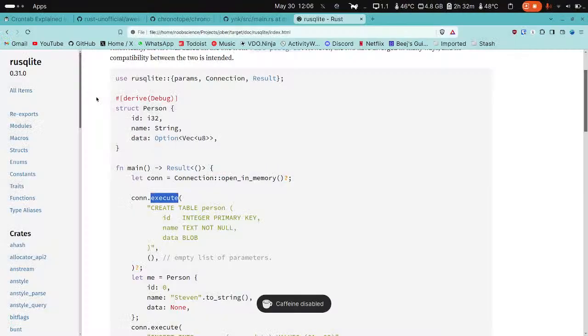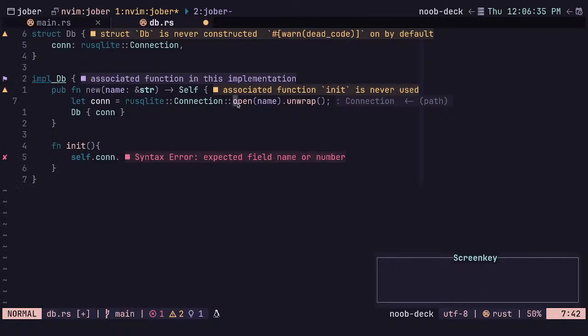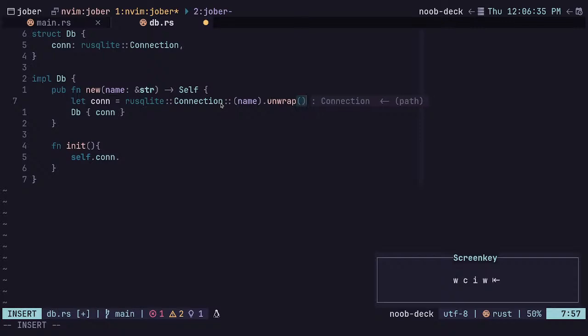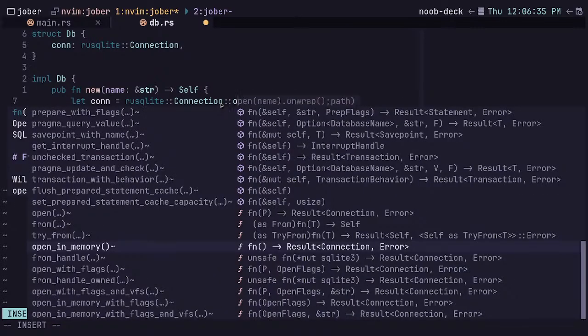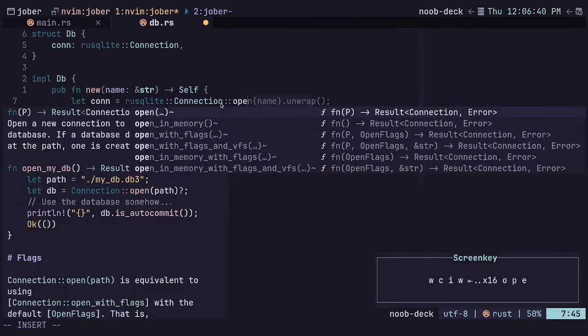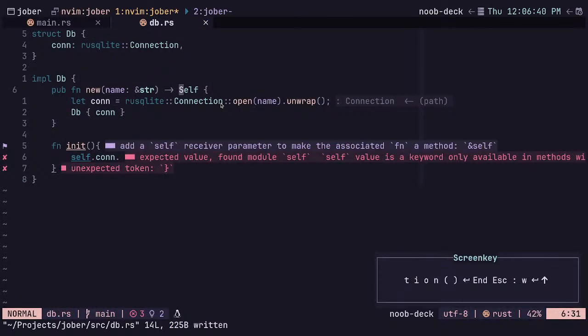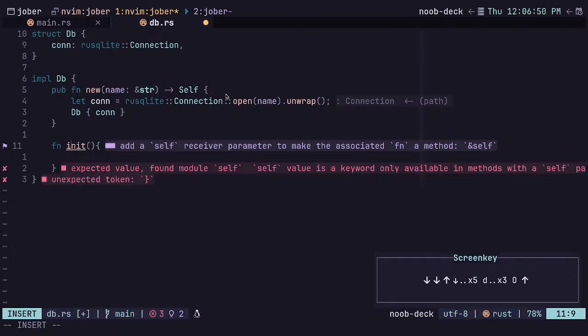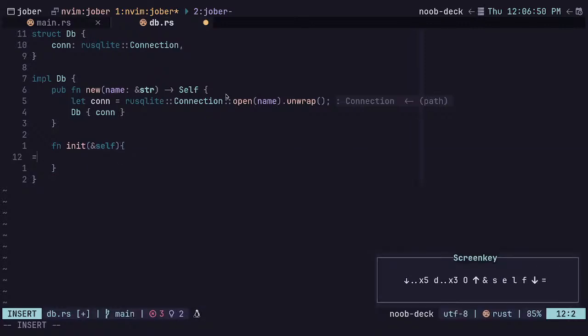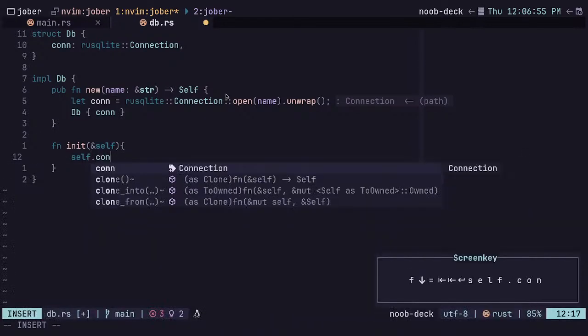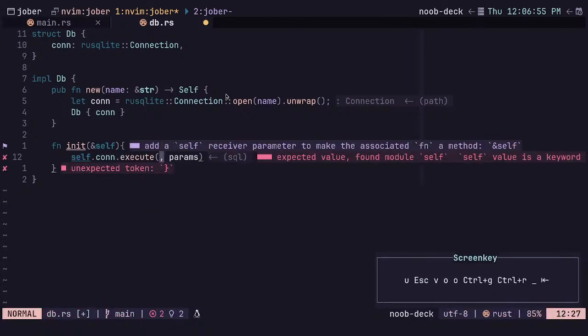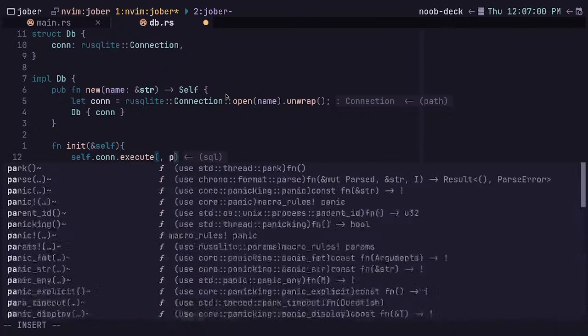No. Wait. Let's actually not go off of Copilot. Yeah. Open should do it. Then that would be the. Oh, right. It's not actually receiving it. Oh no. Self.con.execute. Okay, so our